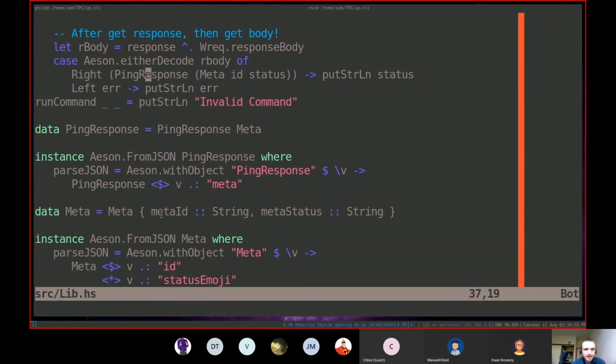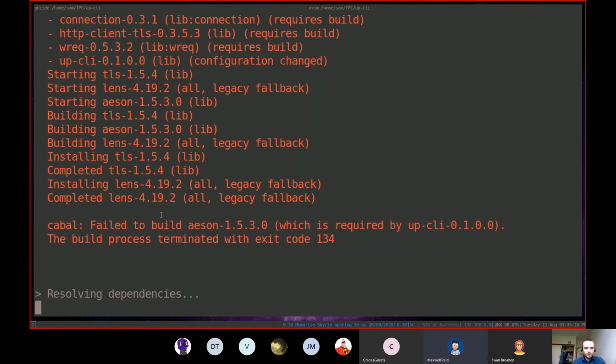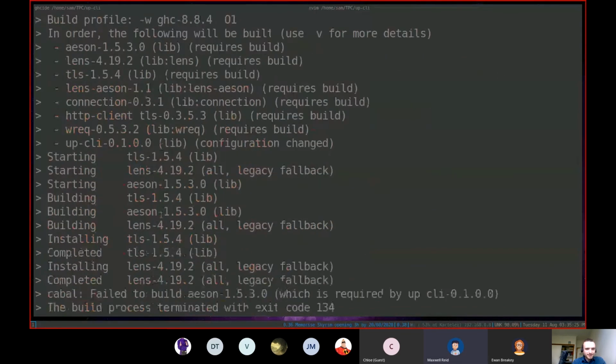The second interesting thing about this is that I don't ever specify in either decode what type I'm going to decode to. What actually happens is that because I have said here that this is of type ping response, it actually realizes that